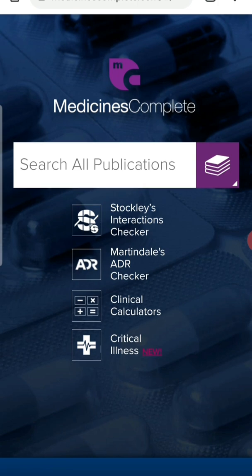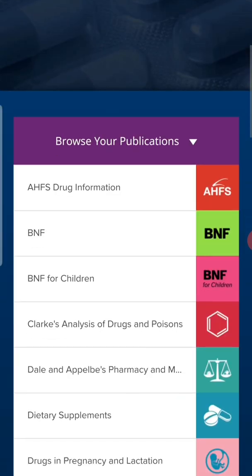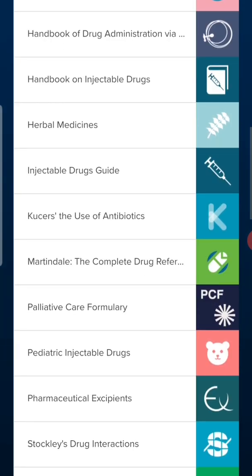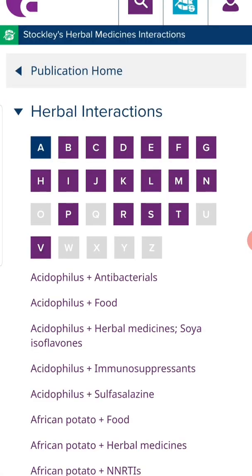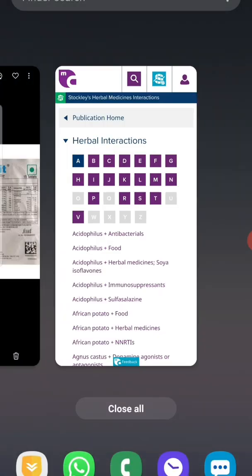Or let me also show you another feature with the same Stockley's drug interactions, which is very useful for many students, right? I mean, right now in many patients Zincovit is used. Zincovit is a preparation by Apex Pharma company, which contains zinc, vitamin C, vitamin D, and also importantly it contains grapeseed extract. So I also have a sample sheet of Zincovit to show you that it contains grapeseed extract.